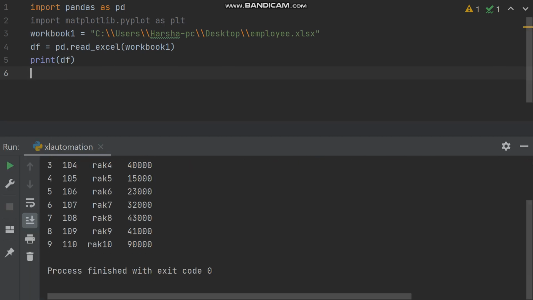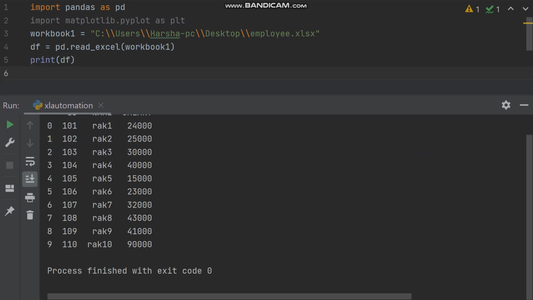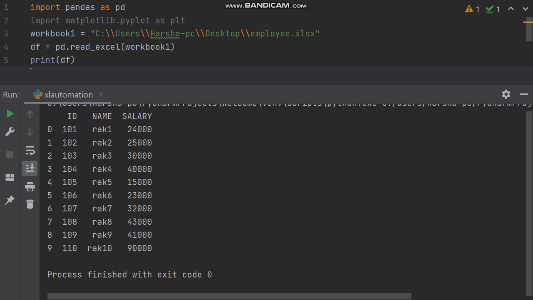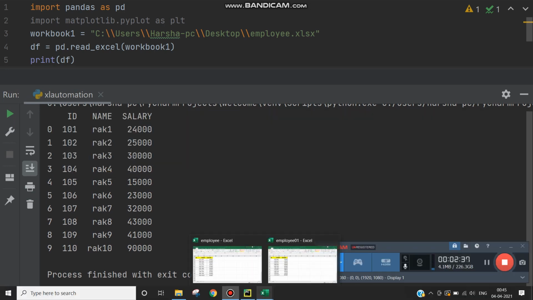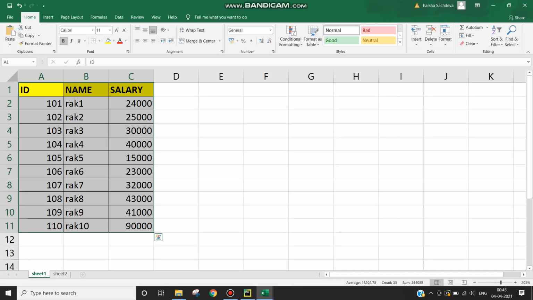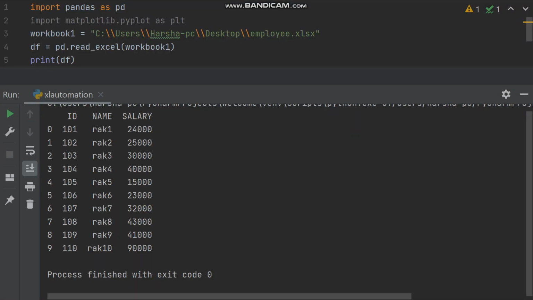Here you will be getting all the entries: ID, name, salary from the Excel sheet. If you want to see the Excel, you can open it, and the same ID, name, salary you can visualize in this code.